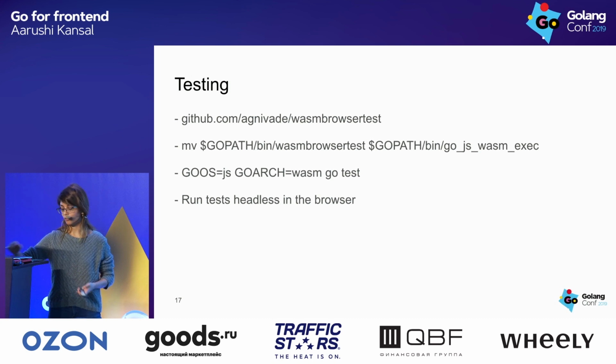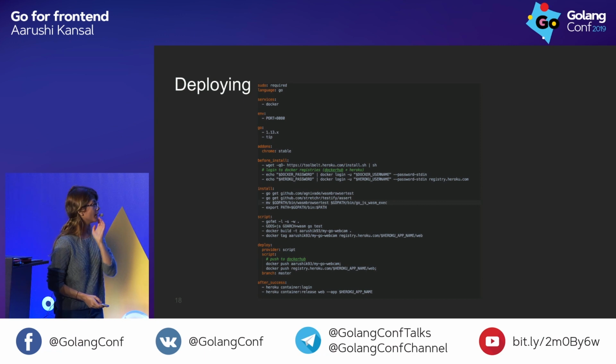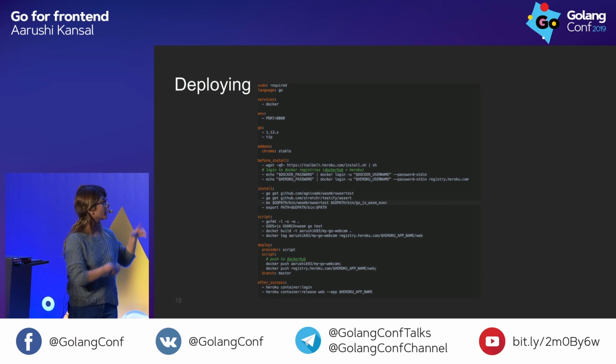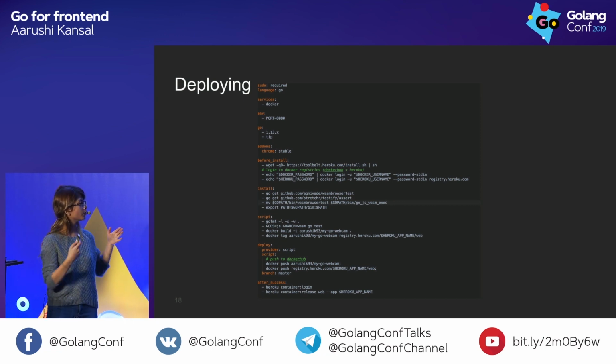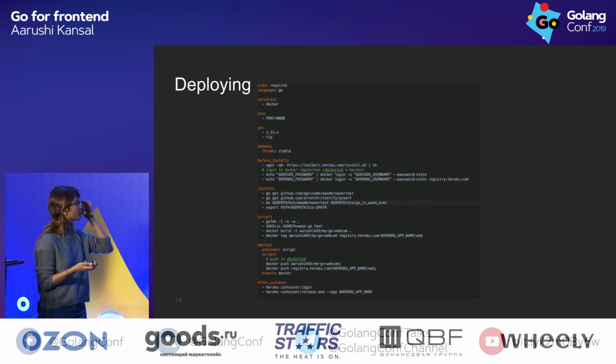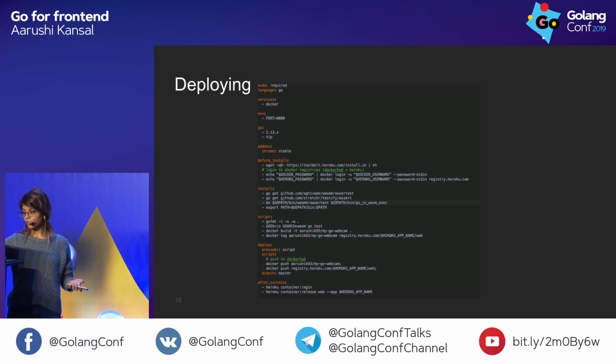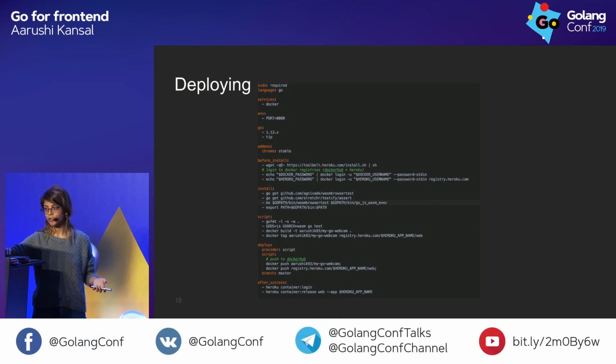So I'll just show you that as well. I don't know if you can see that as well. But yeah, basically I'm doing all of the setting up of the WASM browser tests, getting everything that I need set up for that. So moving it, renaming it, and moving it to my Go path. And then just running the test and pushing everything up. And then the final, I guess, to put it all together, what it ends up looking like